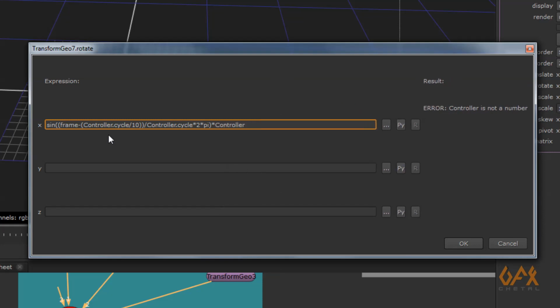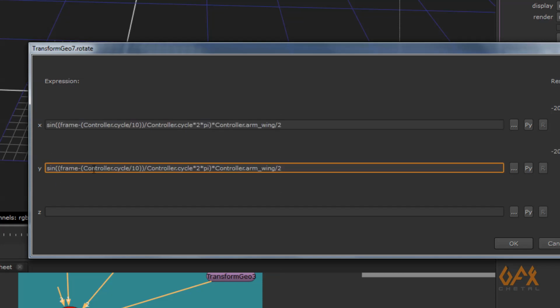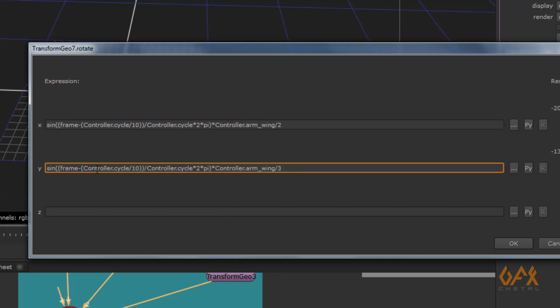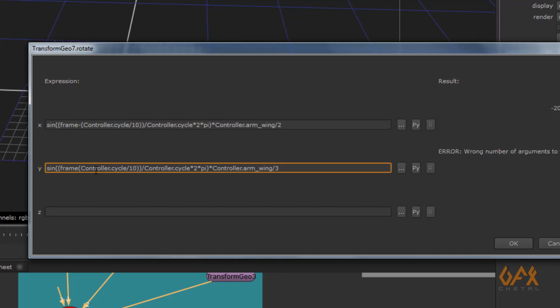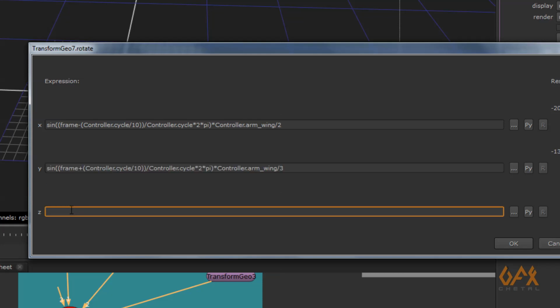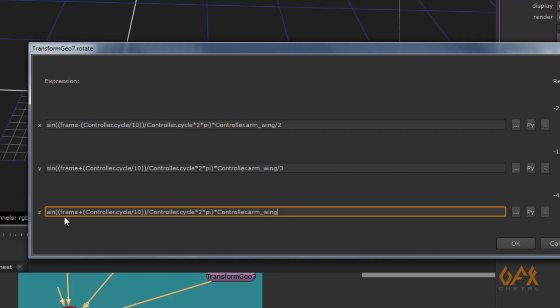controller dot arm underscore wing divided by 2. Okay, now I just copy these things, Ctrl C, Ctrl V over here, and over here we just change it to divided by 3, and over here we can change some variation in offset, like plus. Now again copy this, Ctrl C, Ctrl V over here, and over here I just set arm wing, anything else as it is. Okay, now I just press OK,